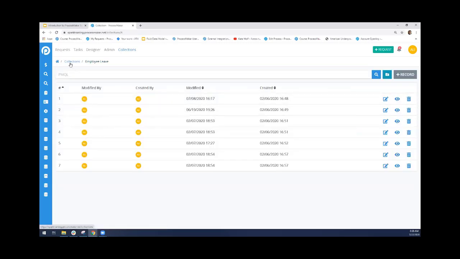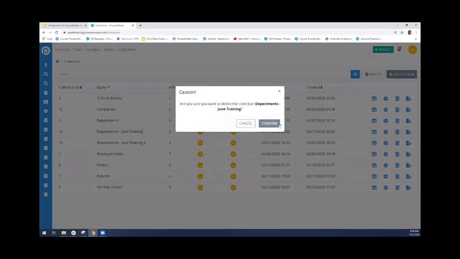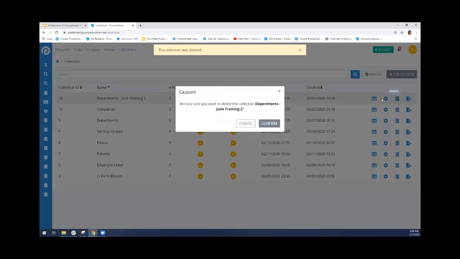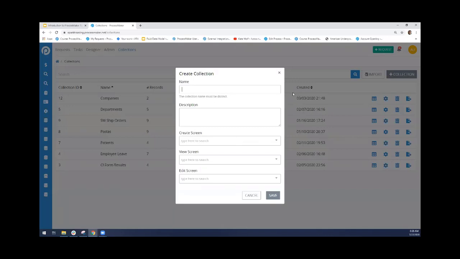All right, so let me go through and show you how to create a new collection. I actually want to get rid of those two while I'm here. Okay. So let me click this plus collection button to create a new collection. I'm going to call this one departments, and I'm going to name it July training. Then here I can add a description, so I'll just say stores basic information about each department and the manager